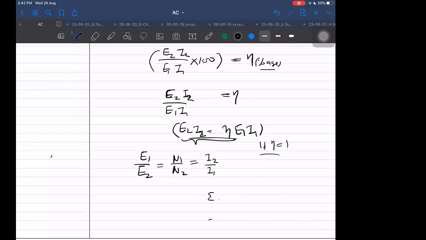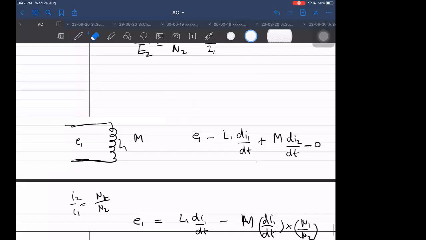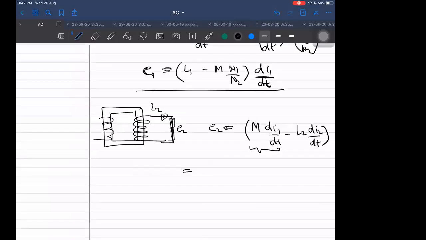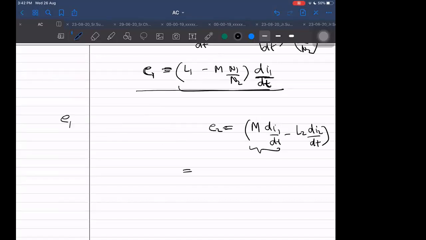I can say if E1 is more, then I1 can be less. It can be less, but in what way it varies, that is not directly proportionally or inversely proportionally varying. That thing will not be correct, I think. So we should not do that. We don't have such a direct relation, and we can see from here also. But yes, it is possible that the EMF is more and the current is less. That is quite possible. Why am I stressing on it again and again, that if E1 is more, the current can still be less? Because I want to prove something here.